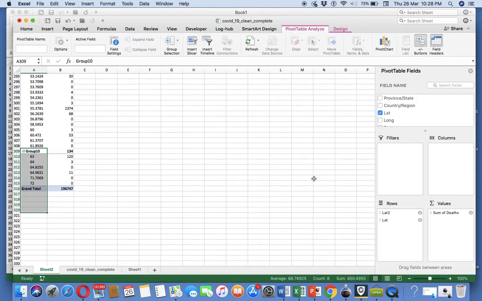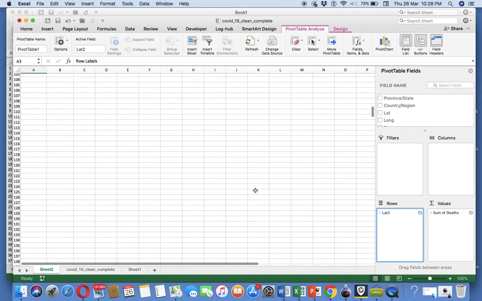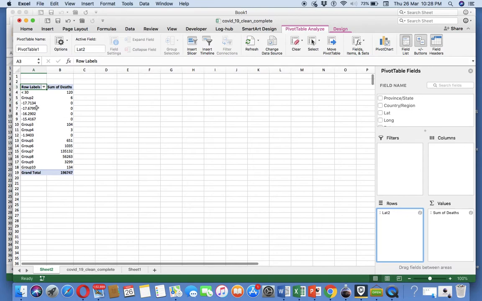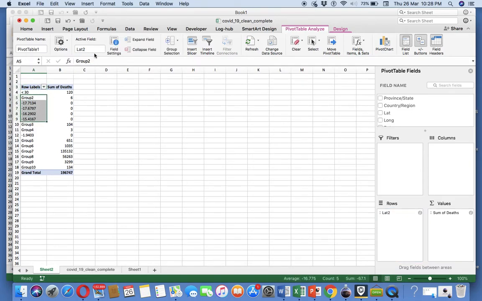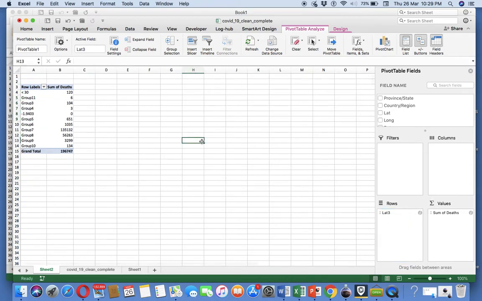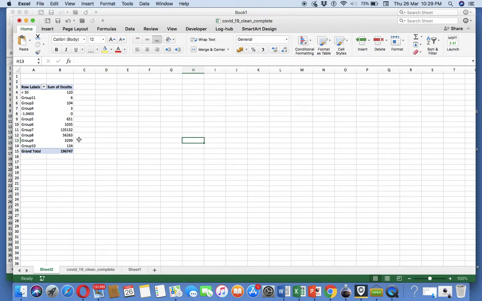Okay, so we have got all this. So we can remove this last one and we get a nice neat distribution group wise. So this is group 1. There's one group that got left out. There it is. Okay, now we got the groups. And now you can see that